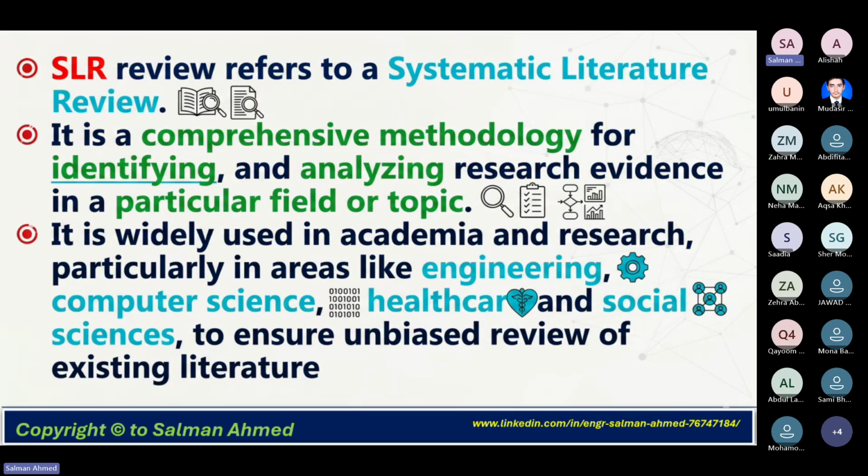If we talk about developed countries, most of the projects from industry are assigned to academia. Industry tells the gap, that we have this problem during the operation of machinery or in experiments.